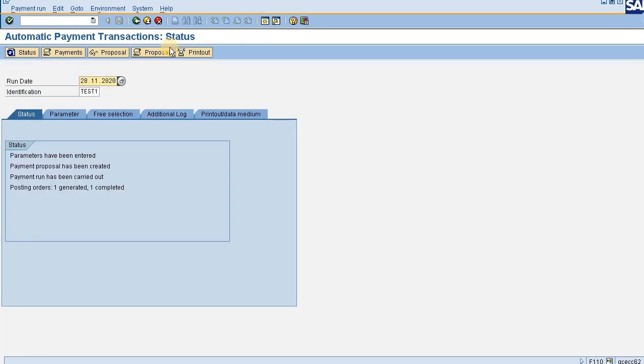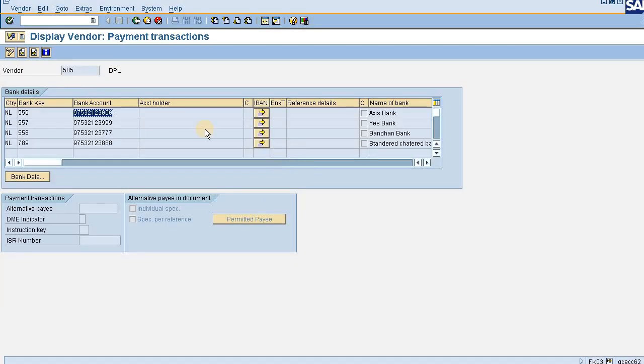But in our case, our vendor claims to deposit their money in a specific bank account. Say it is claiming to deposit their money in this one, not the first one or this one, as per their requirement. Then how to map the same? Here I do have a functionality given by SAP, the partner bank transaction. So I can use this one. Now how to do the same?